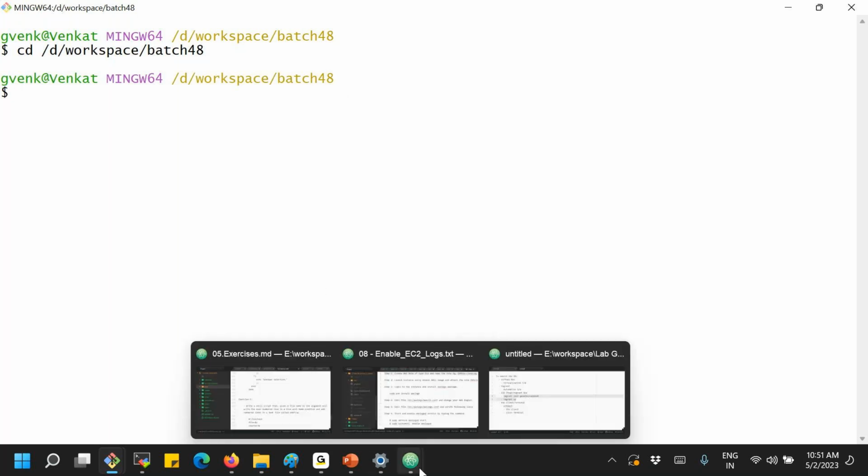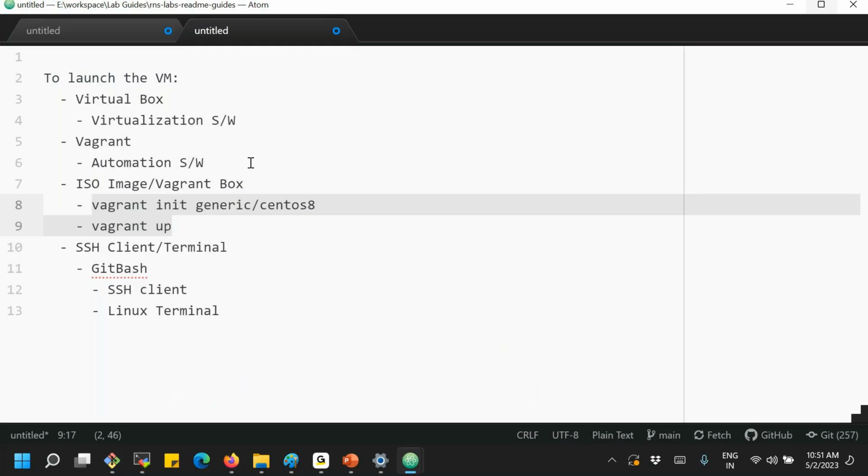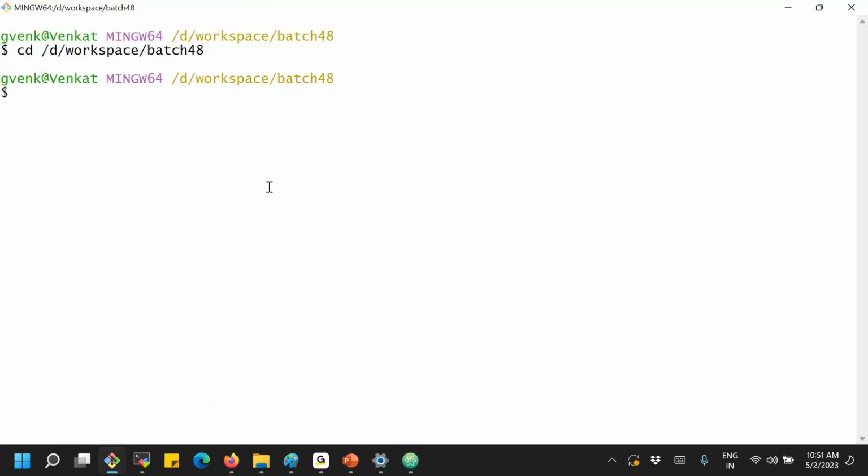So now I would like to run the two commands which are collected from the Vagrant box. What is the first command? Vagrant init with the box name. This is the OS image name, generic Ubuntu. So we need Vagrant init and a box name. Just copy the command for the Ubuntu machine, or whatever machine you are going to use, and run it.